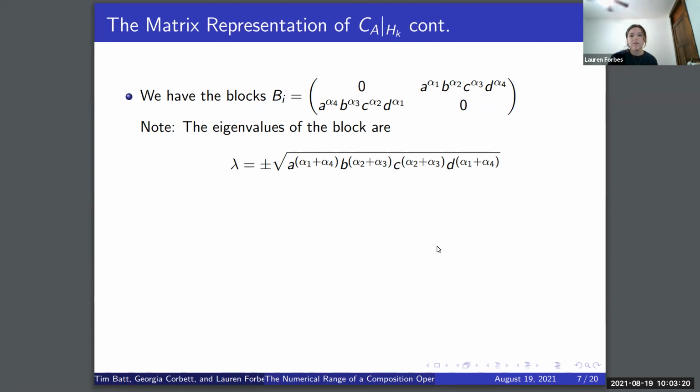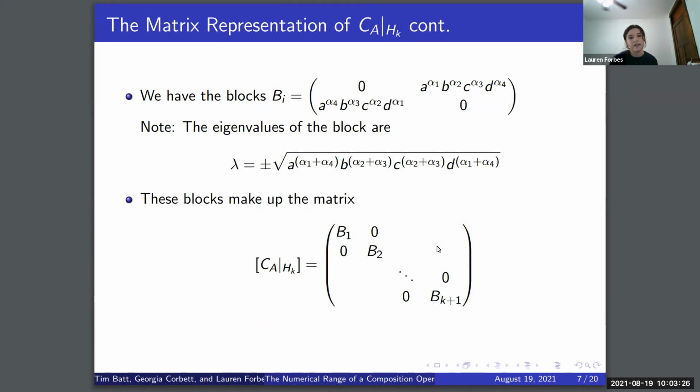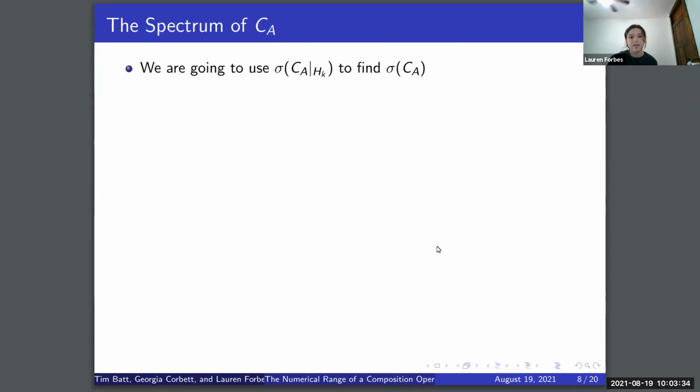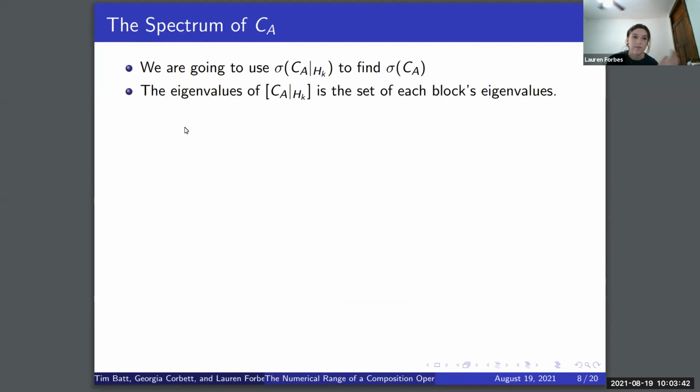So we can place all of our blocks along the diagonal of a bigger matrix. And this covers the whole basis of HK. So we have successfully built out the matrix representation of our restricted operator. And we wanted to do this because finding the eigenvalues of that matrix is the same as finding the spectrum of the restricted operator. We can then in turn use the spectrum of our restricted operator to find the spectrum